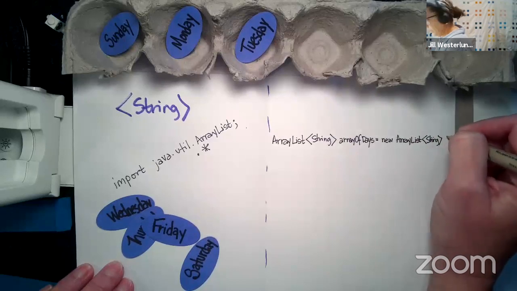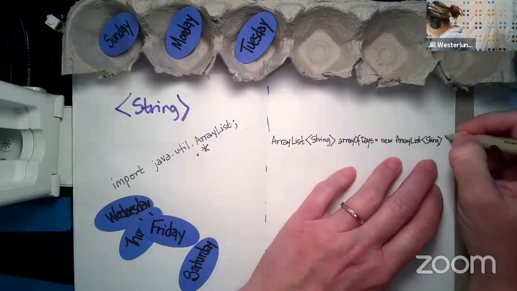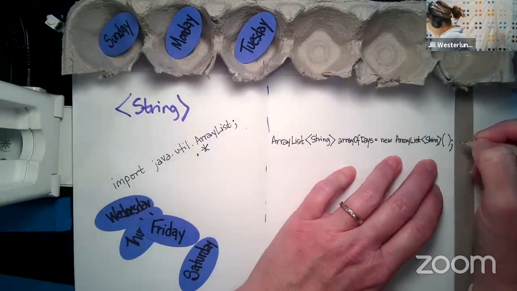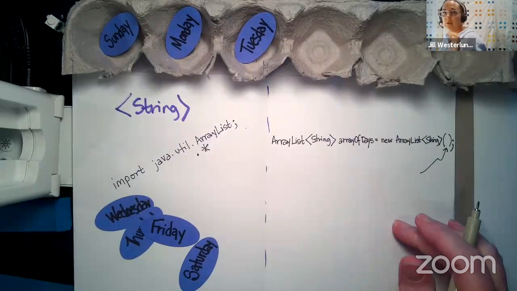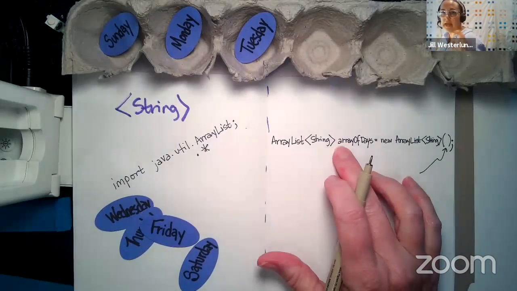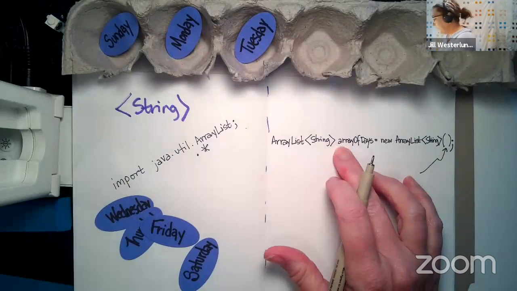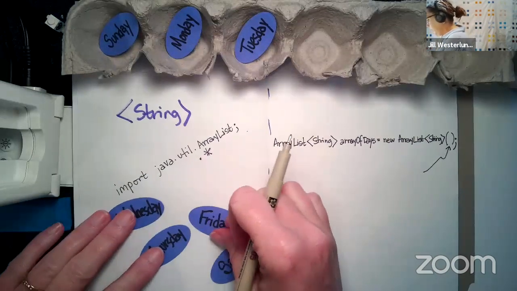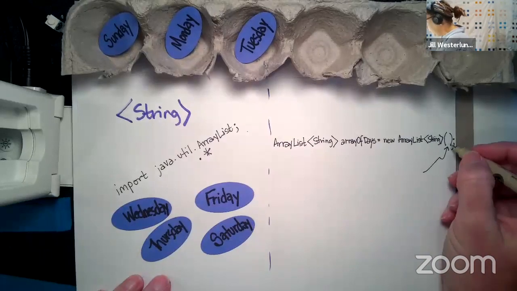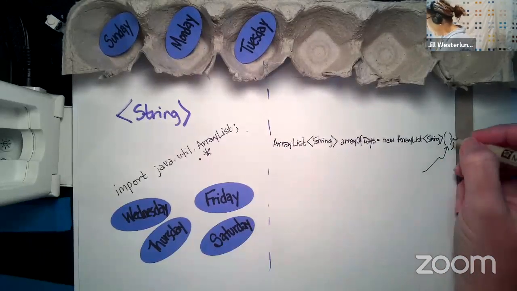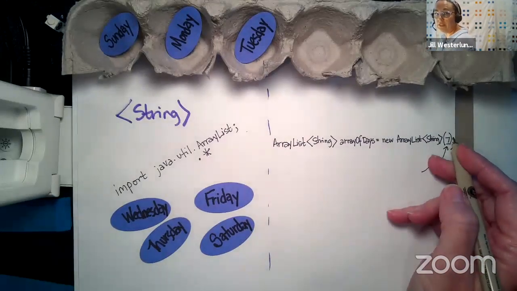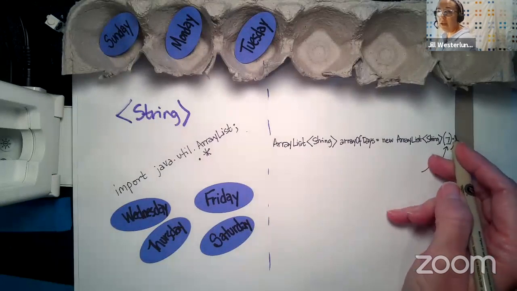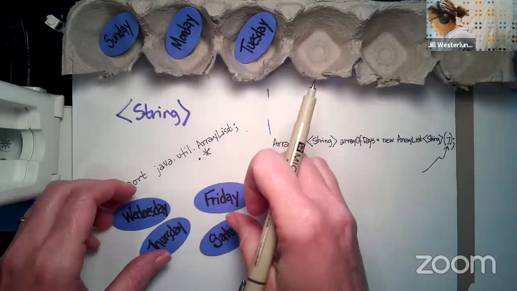Not string. Now, here's my point about these parameters here. If I leave that empty, it means that I can make my array list of days as large as I ever want to make it. But since I'm doing the 7 days of the week that are never going to change, I actually could fill in here a 7, and that would make my array list a size of 7. You almost never see that. It's very uncommon and it's not necessary, but it could be done, and it works for this example.